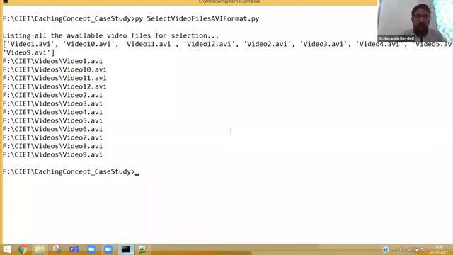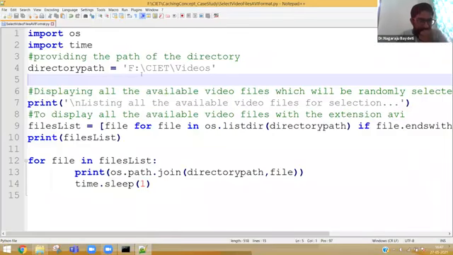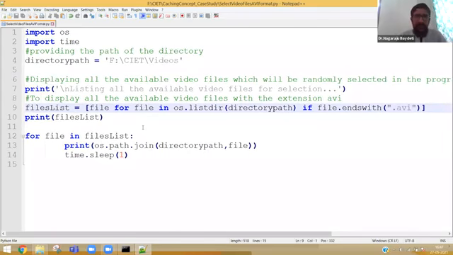Now let us look at the logic. The logic is only one line, that is line number 9. I will explain line number 9 part by part.